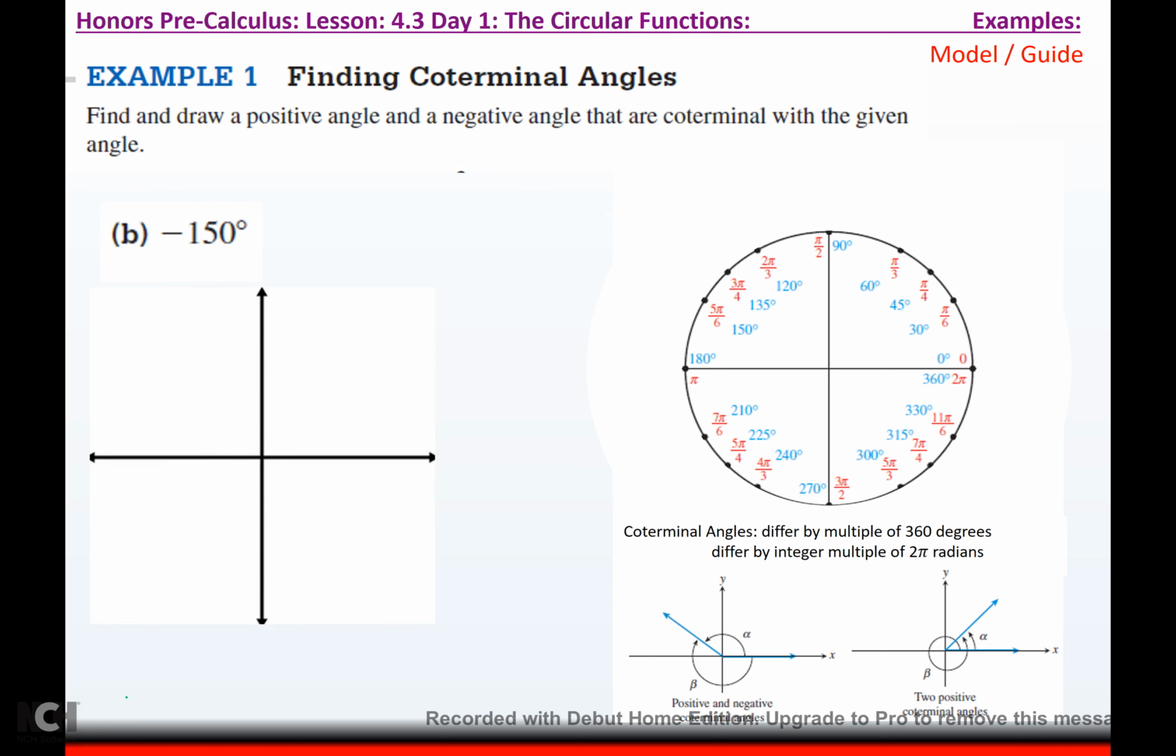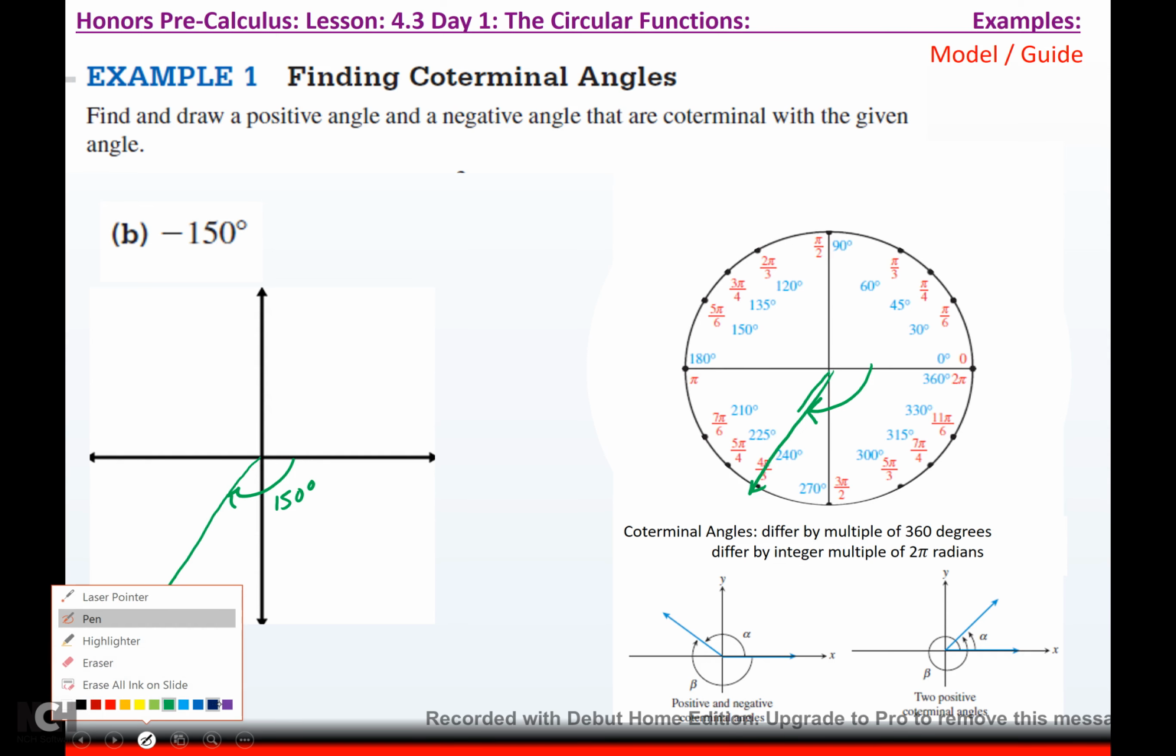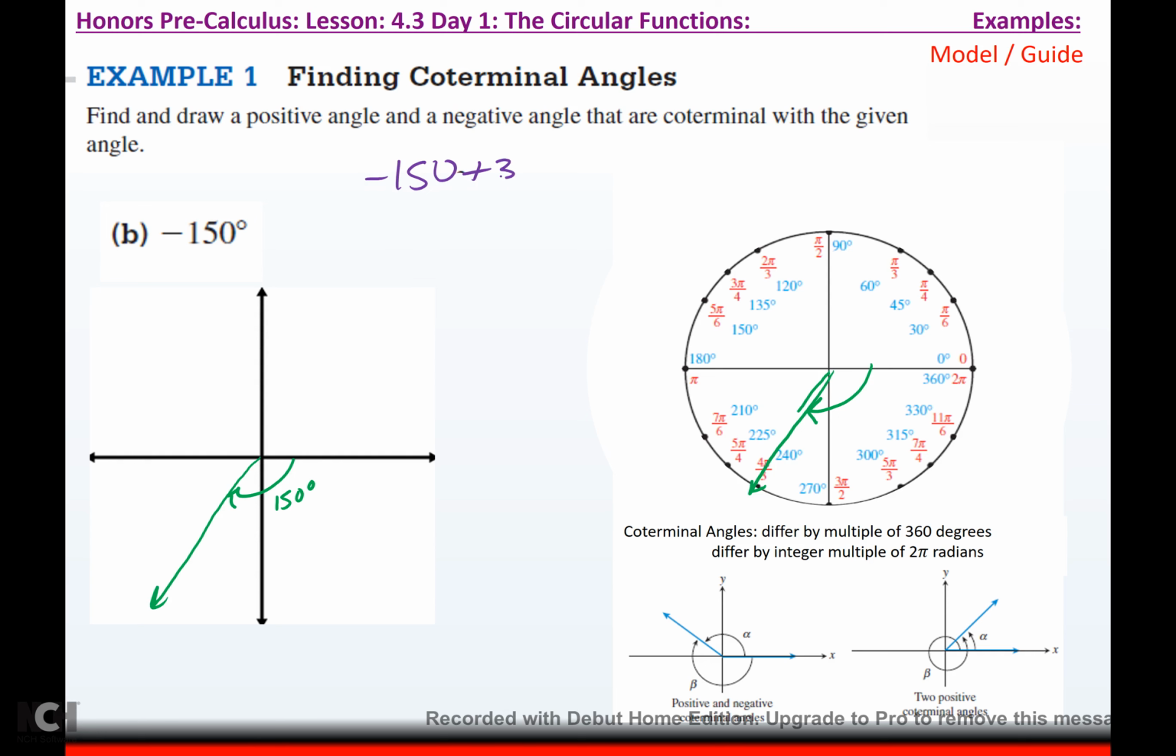Alright, so negative 150. If I'm going to draw 150, this would be positive 150. From here to here would be positive 150. I don't count very well backwards, so if you go positive and then reflect down, that would be right here at 4 pi over 3, or at 240 degrees. Okay, so this would be my negative 150 degrees. So I start here, and I'm going to go down to here, and that would be negative 150 degrees. There's my original. Okay, so to get a positive coterminal, I'm going to add 360, which gives me